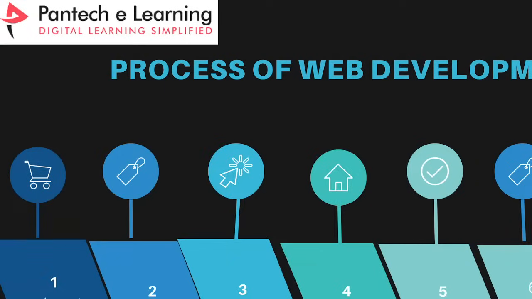Then followed by, we have to plan accordingly. If you want to have all these things in your web page, how can we make it in the web page? So that planning has to be done, and design the web page according to your own style. Make it as unique as it can be, okay? And copyright and labeling has to be taken. Next, web application programming has to be done. Now test the application and launch it. Now after launching, you also have to take care of that application, like how well you are maintaining the web page. That and all should be taken care of, and these are all the steps to be noted in the process